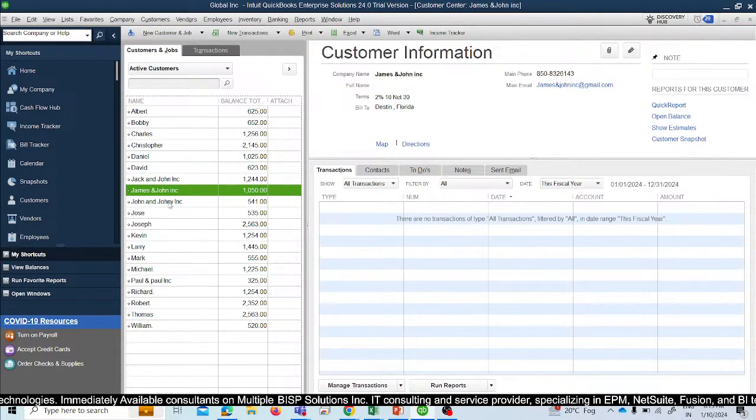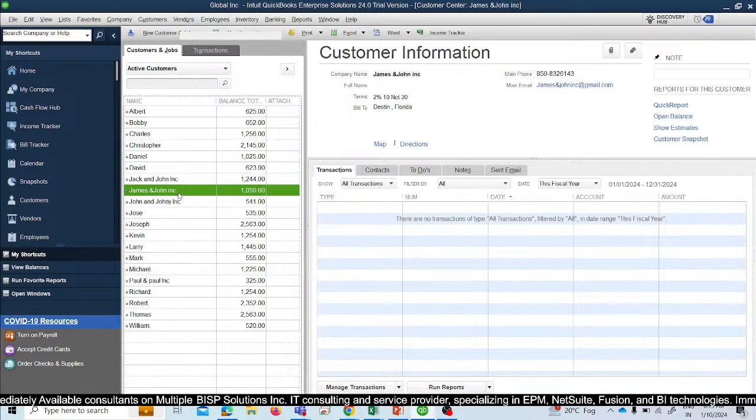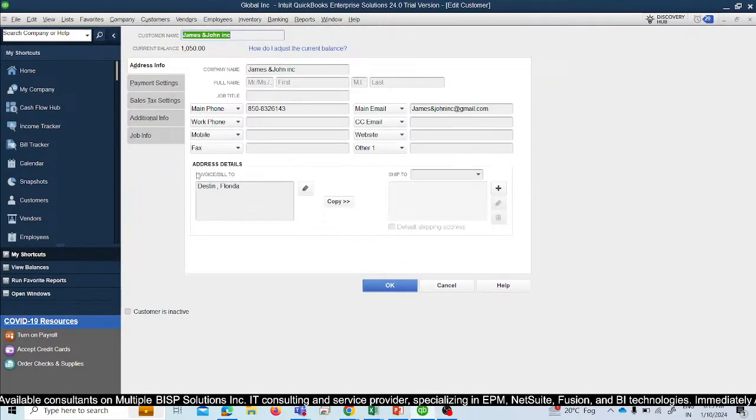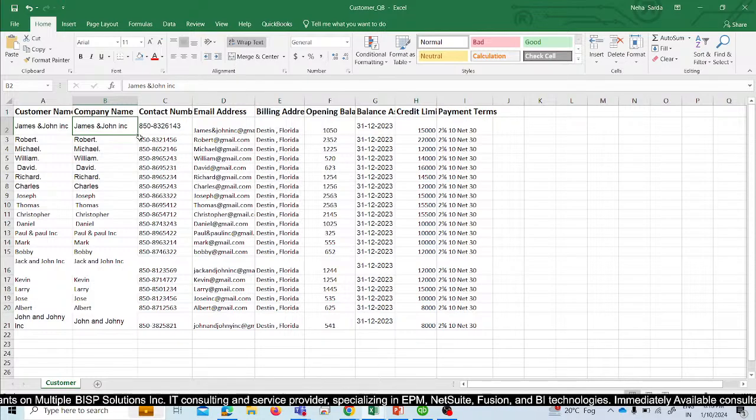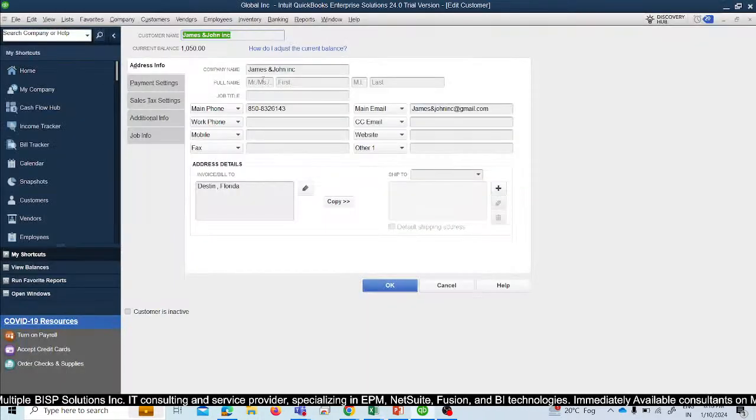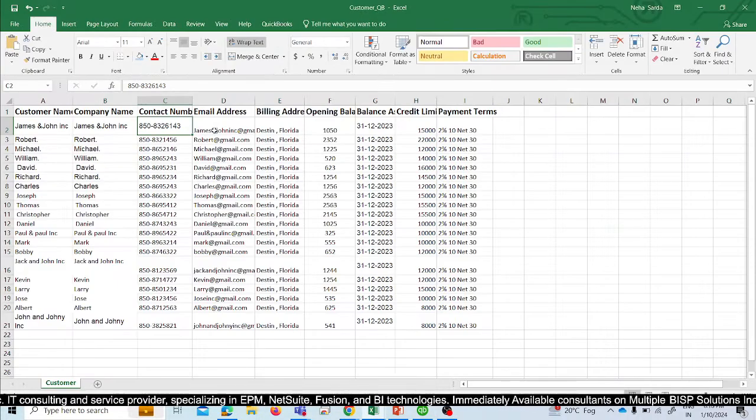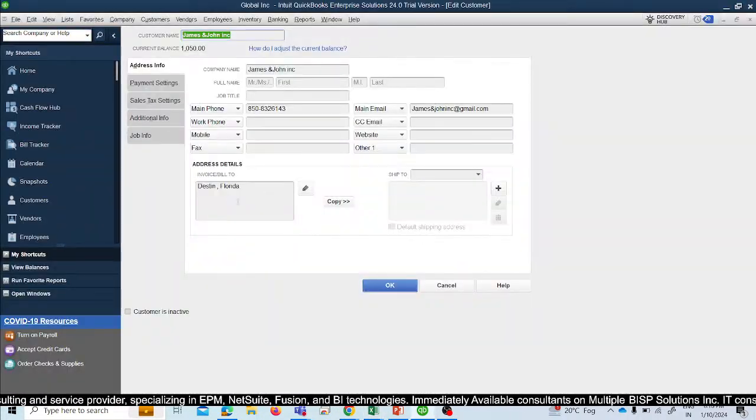For checking whether it has been imported correctly or not, double click on this customer name. Okay, now here you can see customer name is James and John Inc. All right, then company name, then phone number, then email address, then billing address,